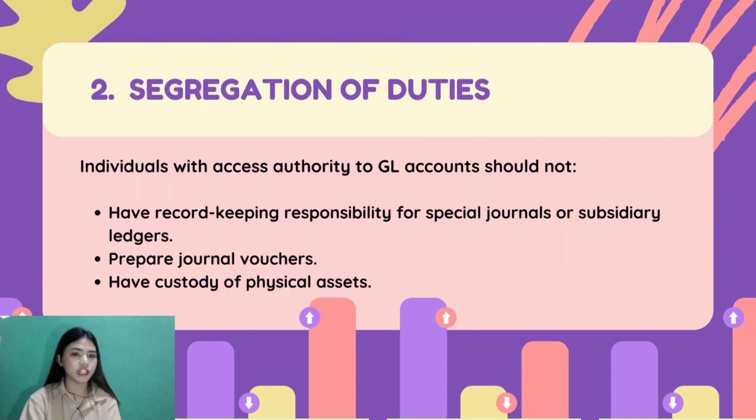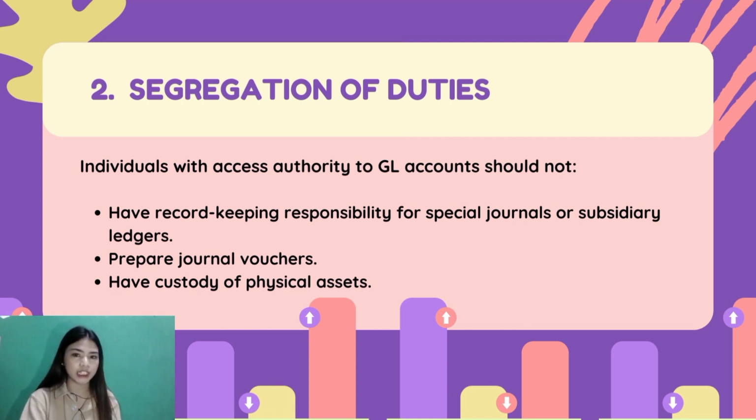Next is the segregation of duties. It is a fundamental principle of internal controls in accounting and finance. We've seen how the general ledger provides accounting verification control. To do this, the work of maintaining the general ledger must be distinct from all accounting and asset custody responsibilities within the organization. Therefore, individuals with access authority to general ledger accounts should not also have record-keeping responsibility for special